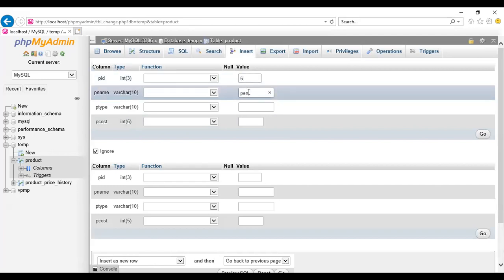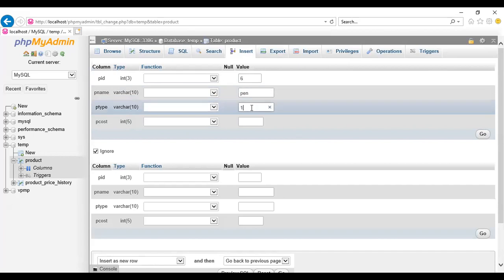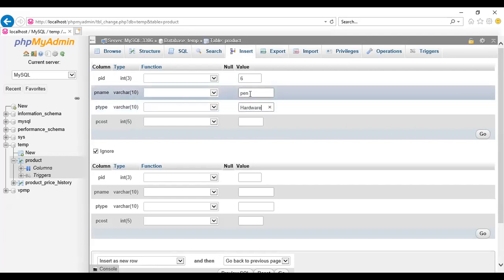The name of the product is P name, P type hardware. Okay, write down here: CPU, hardware, the cost is 10,000. Press on the button, go.